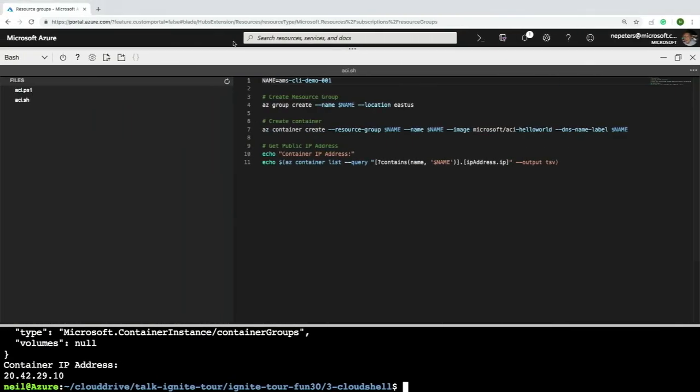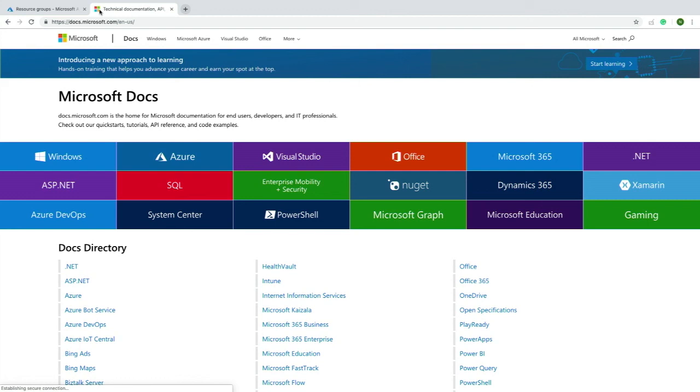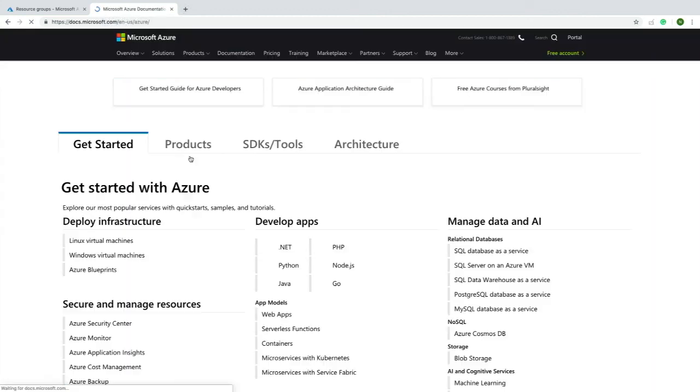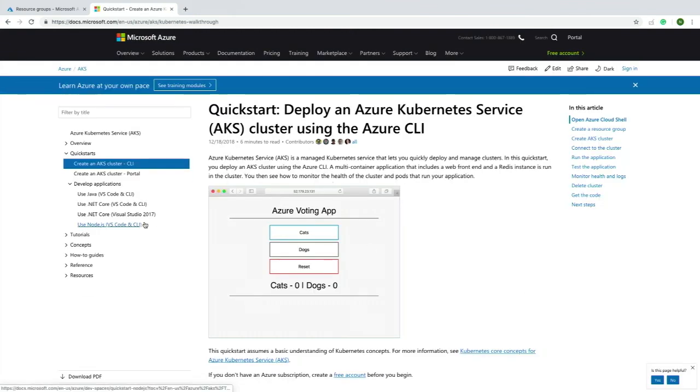Oh, yeah. I think this is also worth mentioning or taking a look at. So I've just browsed to docs.microsoft.com. If you've not worked with docs.microsoft.com, particularly if you've had a bad experience with Microsoft documentation in the past, I would ask you, please, please, please go check this out. We've put a ton of effort into not only the quality of our docs, but the platform that the docs are on. So I'm just going to navigate to a doc set that I know well, and this is our